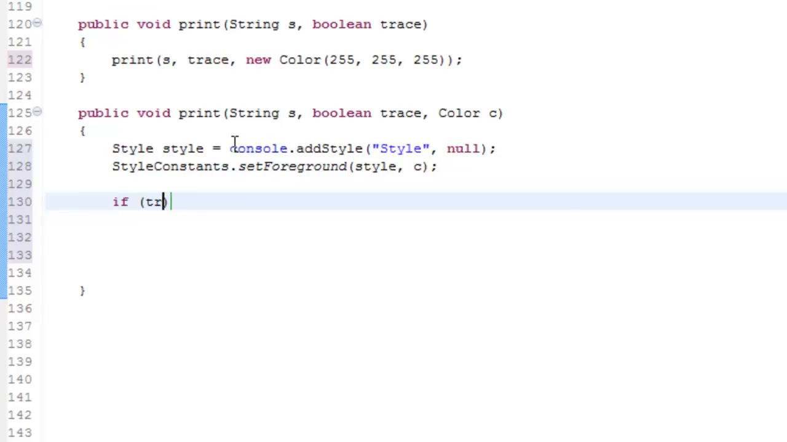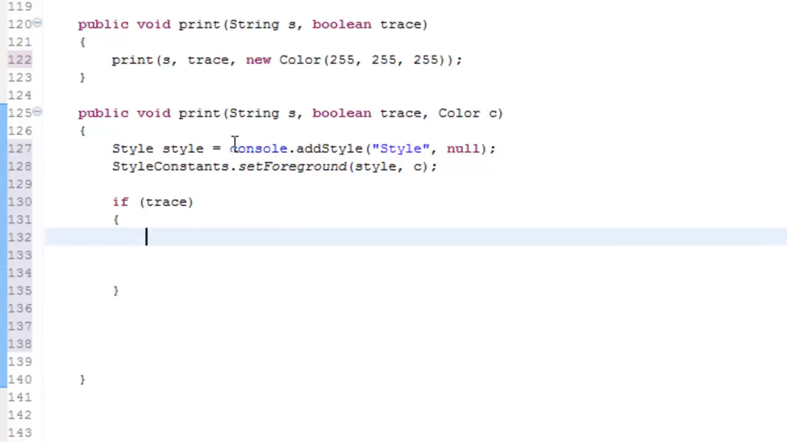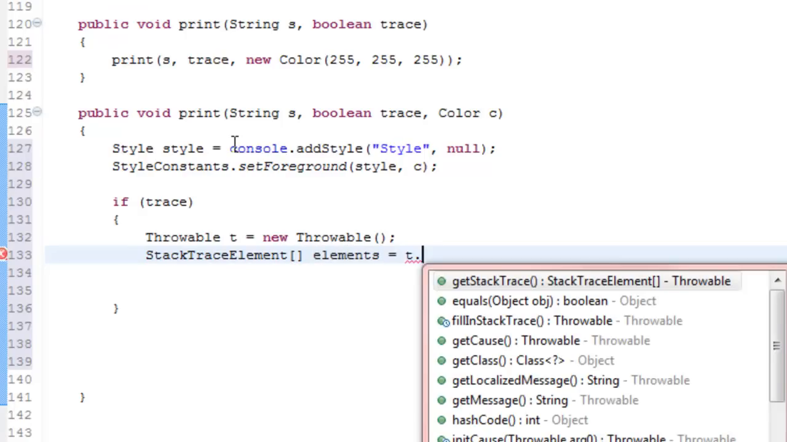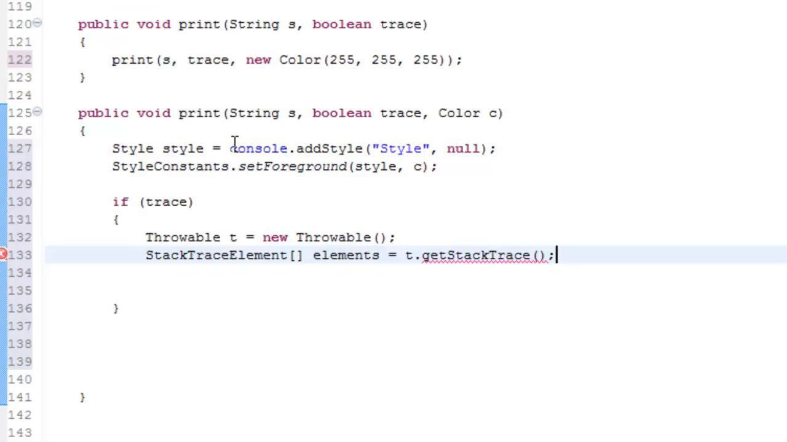Now we're just going to say if trace. So if the trace is true, then it's going to trigger this if statement, and then just say Throwable t equals new Throwable, and then say StackTraceElement[] elements equals t.getStackTrace. And yeah, you're probably just thinking of try catch right now, where it's catching errors, and then it shows the class where the error comes from. But yeah, you can trace any function where the message is to see where the function or method is triggered